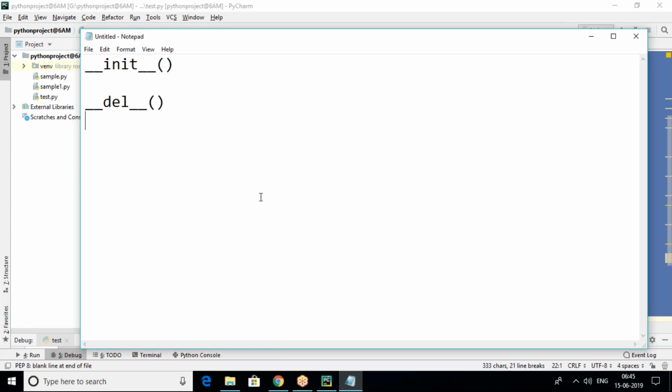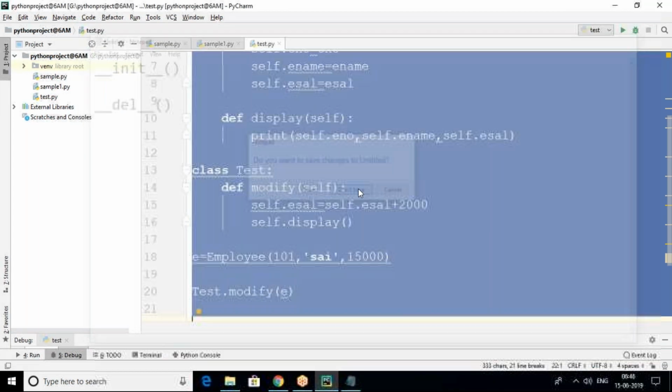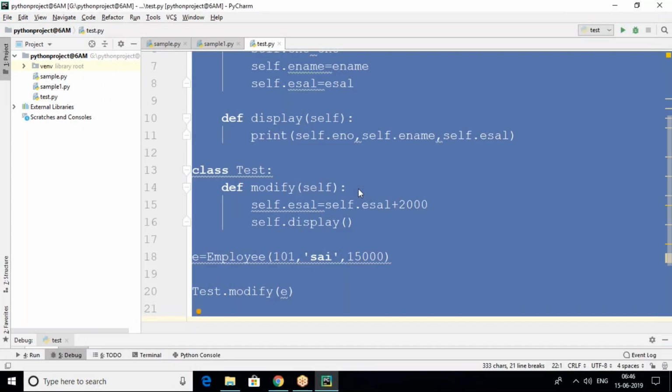Okay, then how do we check whether the garbage collector is enabled or disabled, and if it is disabled, how to enable it, and if it is enabled, how to disable it using the gc module? We can do this. First of all, you have to import gc.